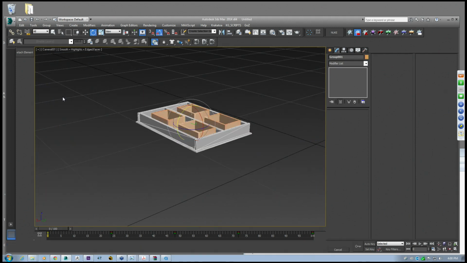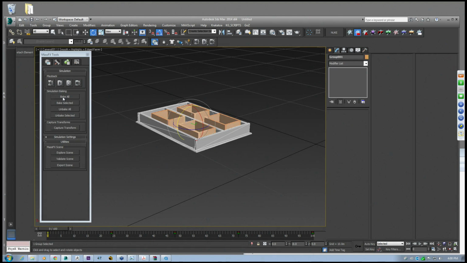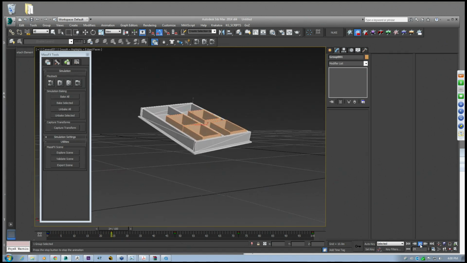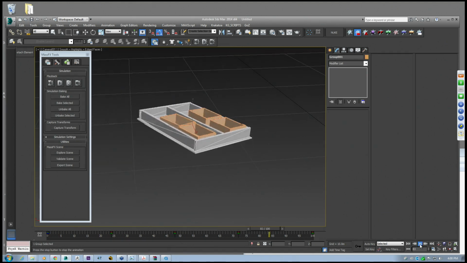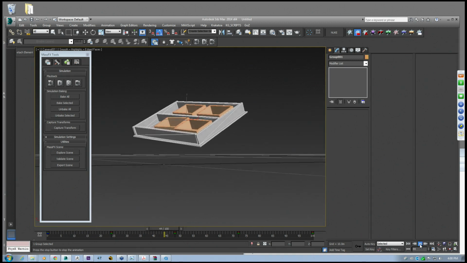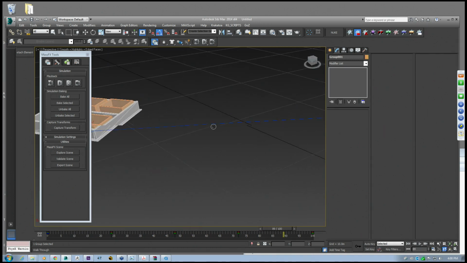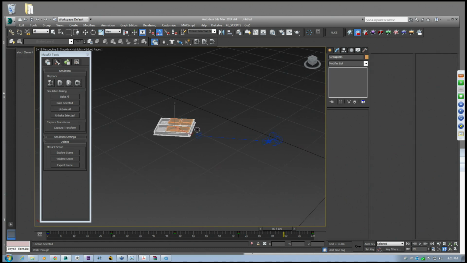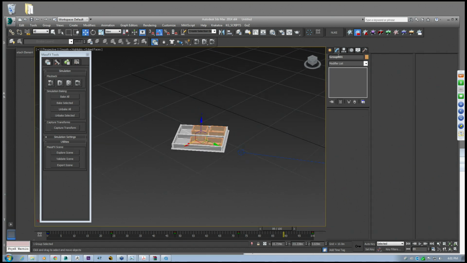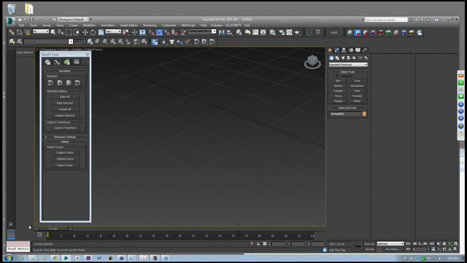Go into our camera. There's a bit more going on in there now. So then we'll go back to the beginning,